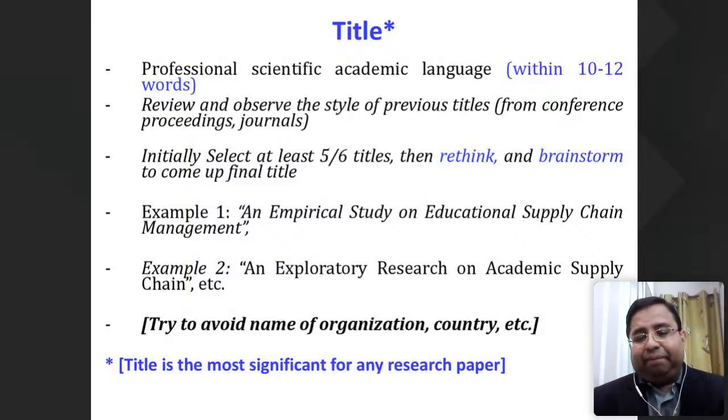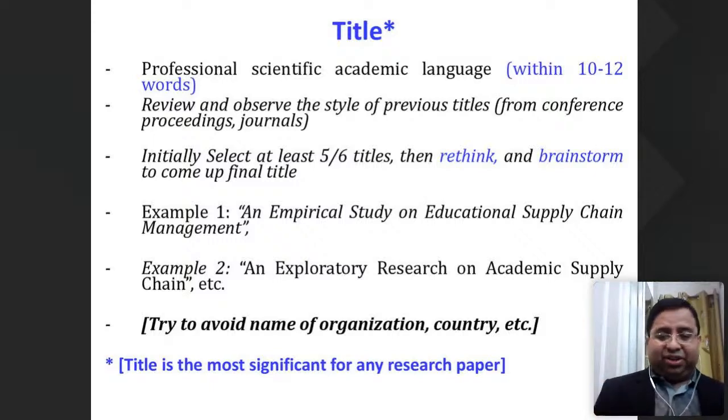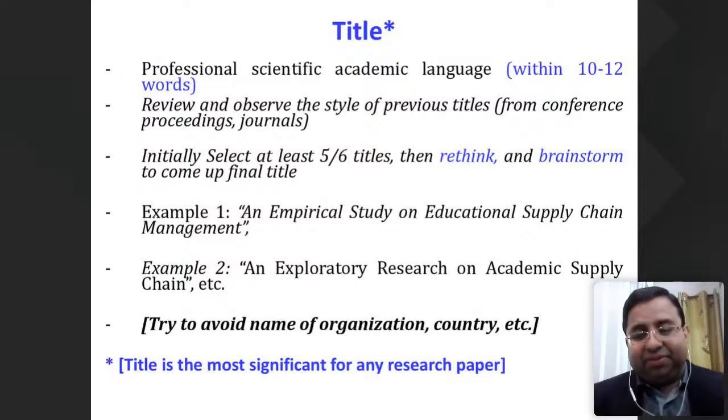Some of the examples we mentioned here. I suggest you that when you do the conference, it is better to avoid the name of organization, name of country in the conference proceedings. Say suppose you know the International Conference of Business and Management, International Conference of Economics, Business and Management. So you understand the business management area you have to focus on. But in the title of the conference paper, you mention a study on, say, Johor, Malaysia, or a study on Chennai, India. So that means you like to focus on Johor Bahru, you like to focus on Chennai. So it's a limited